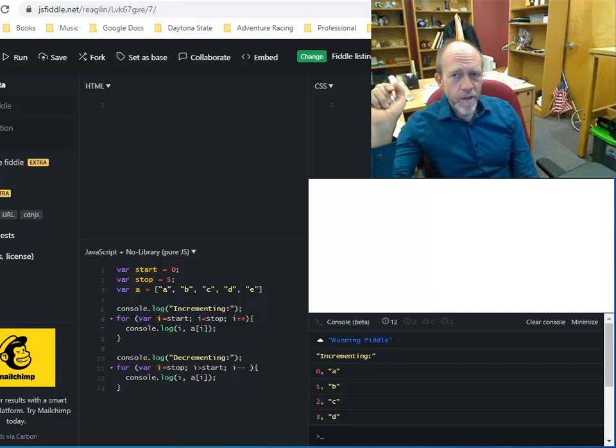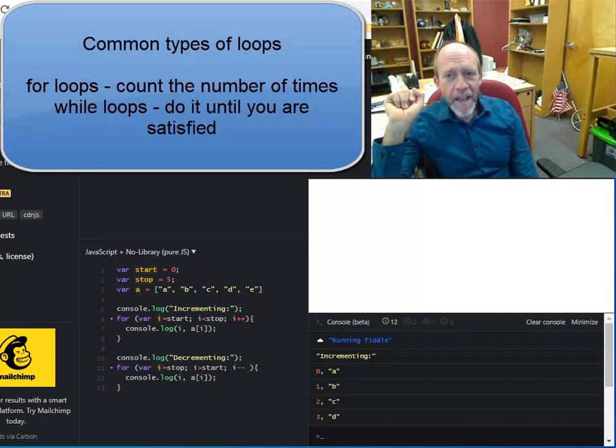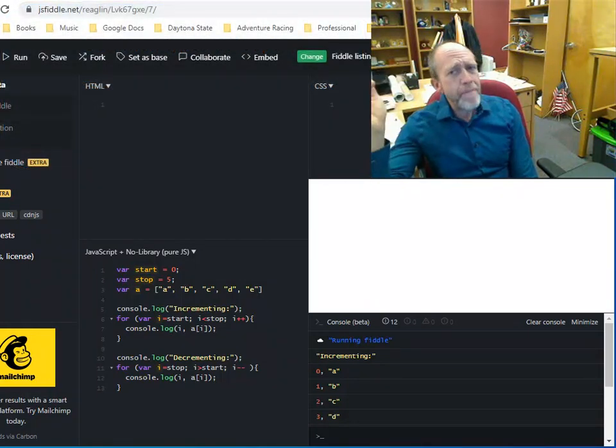Well, there's lots of different kinds of loops. There's loops where you can do that. You can say, I want to do it X number of times and do it just X number of times. There's also loops where you can say, I want to do it until something happens, and then I want to jump out and not be doing it anymore. Well, we'll look at those, but for right now, let's look at that loop that we can count how many